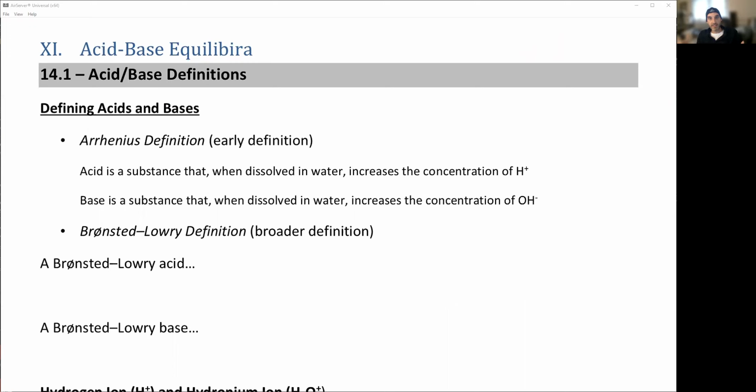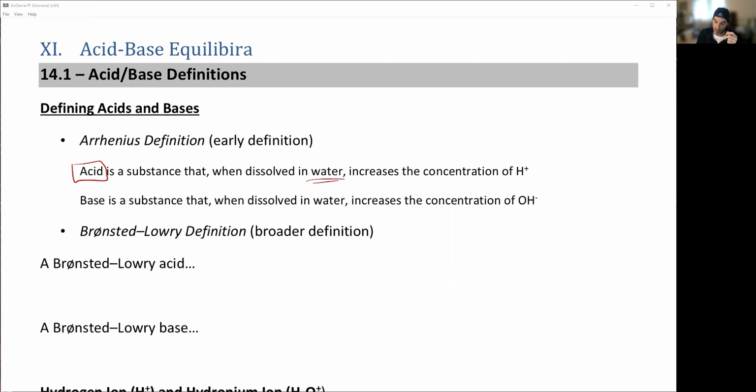So acids and bases are incredibly important in chemistry. And we have a handful of different definitions that are going to help us define what an acid and a base is. So we always start with the Arrhenius definition. It's the earliest definition, and this is what is stated. An acid is a substance that, when dissolved in water, and that's an important part because the other two definitions that we have do not involve any solvent whatsoever,